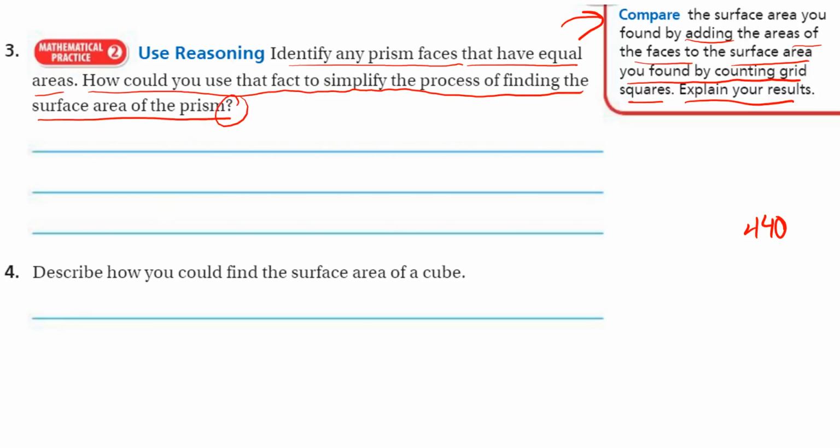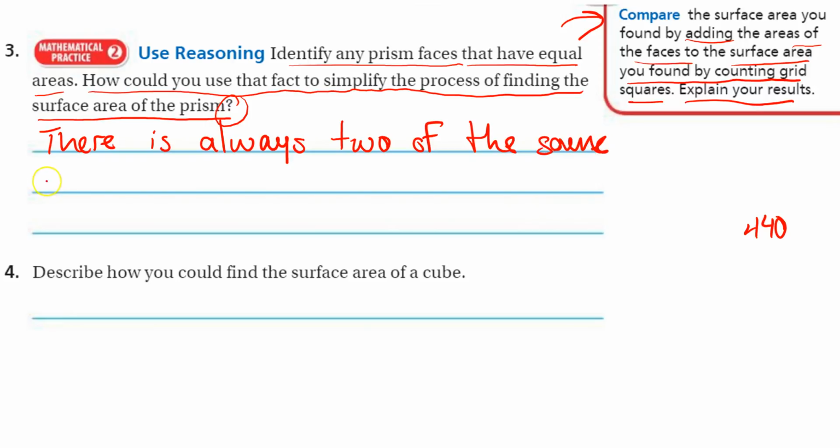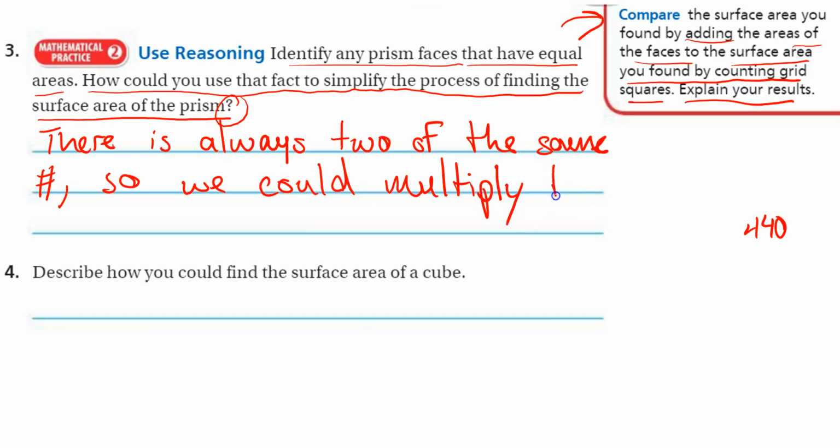Well, we could simplify by there's always two of the same number so we could multiply those